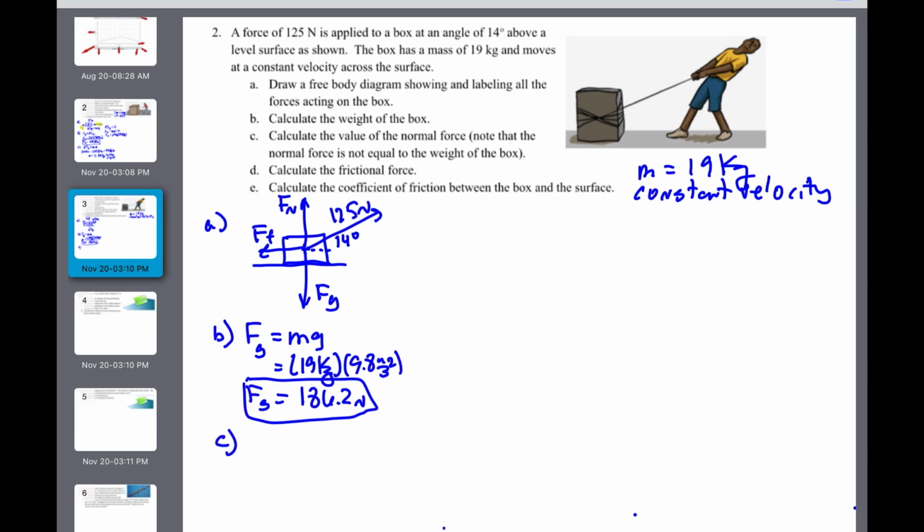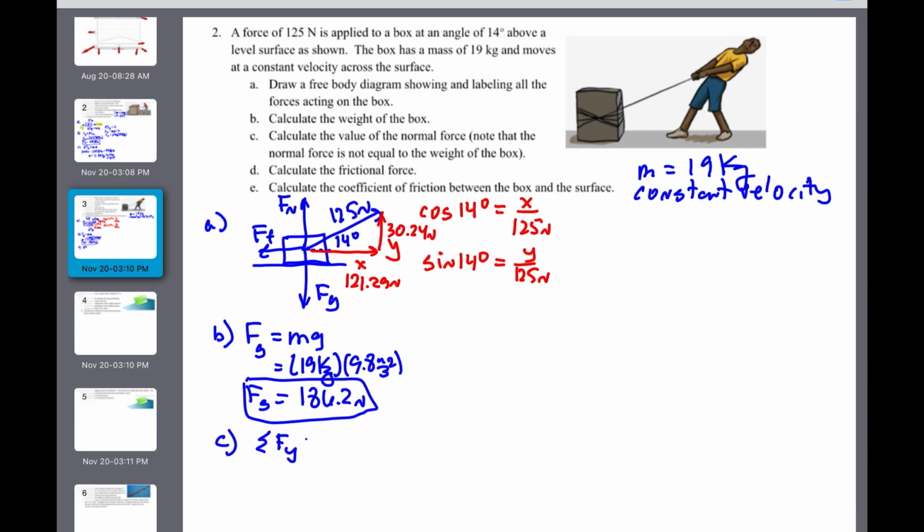Moving on to calculate the value of the normal force. We have a vertical equilibrium, but to set up that equation, we're going to have to do the trig on the 125 newton force to be able to calculate the x component and the y component, and then fill those values into our diagram. Now, setting up the vertical equilibrium equation, net force in the y direction is equal to